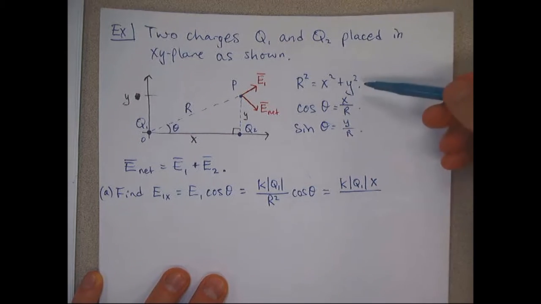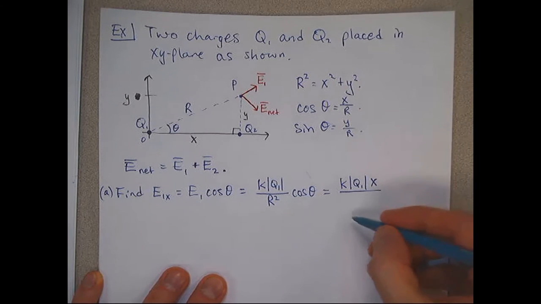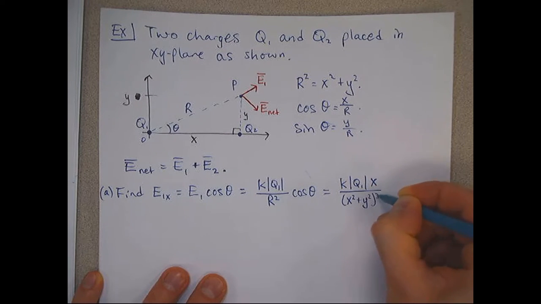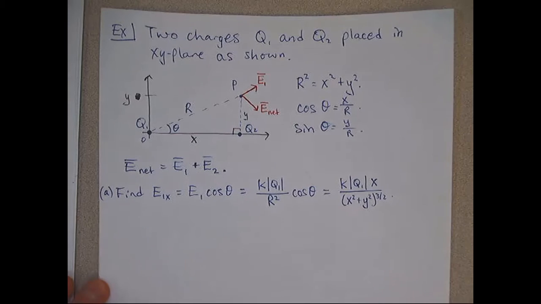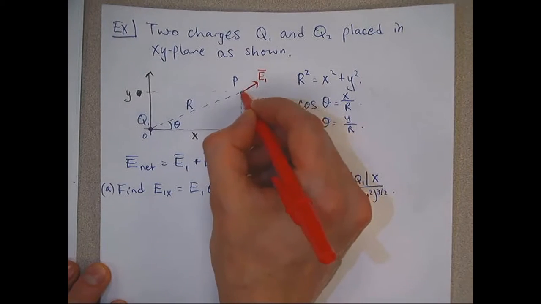So we really have R cubed in the denominator, which will look like x squared plus y squared to the 3/2. That represents the x component